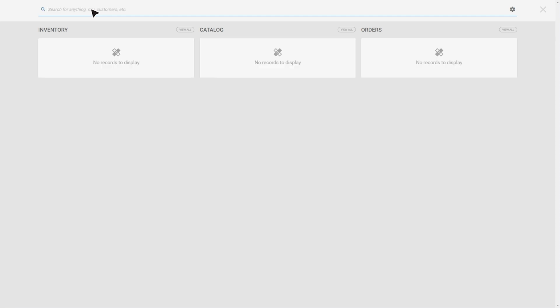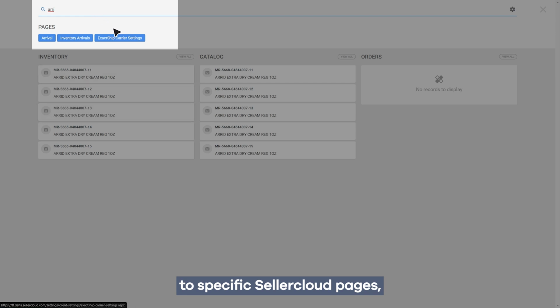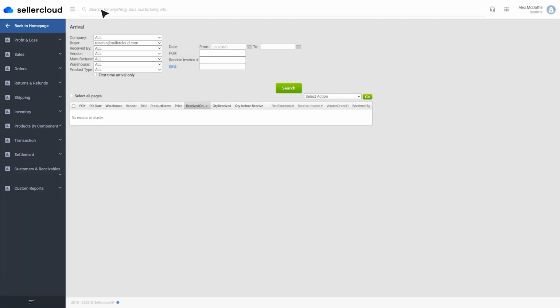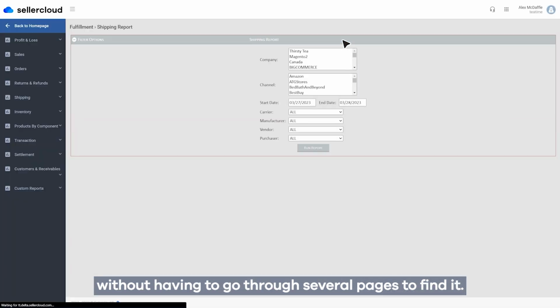even faster. Additionally, when your search query is related to specific Sellercloud pages, the search will show links to these pages above the standard results. This makes it easy for you to navigate directly to the page you need without having to go through several